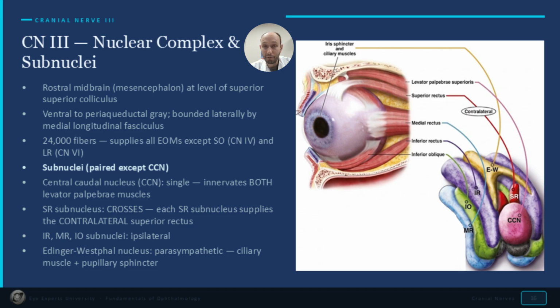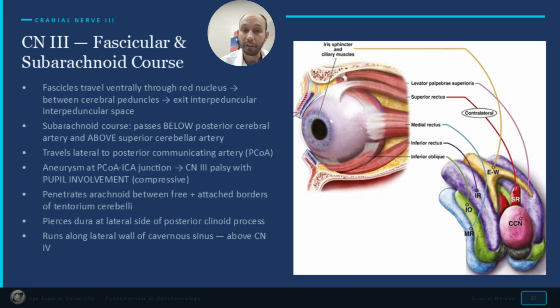The Edinger-Westphal nucleus, which is probably the most famous in the group, is the one that provides the parasympathetic innervation through the ciliary muscle and the pupillary sphincter. The nerve travels below the posterior cerebral artery and above the superior cerebellar artery. But what's most important here is that it travels lateral to the posterior communicating artery. That is the site where the aneurysm would most commonly happen, and you can get a cranial nerve palsy that